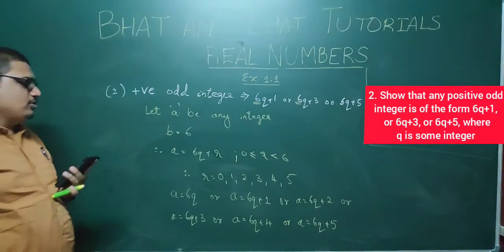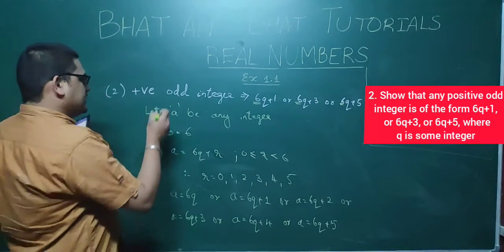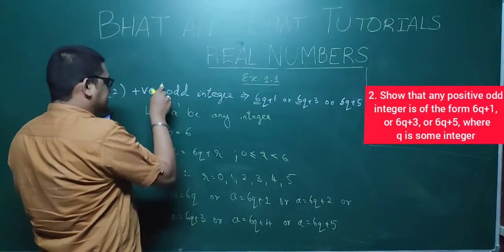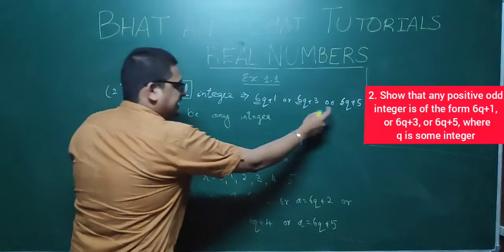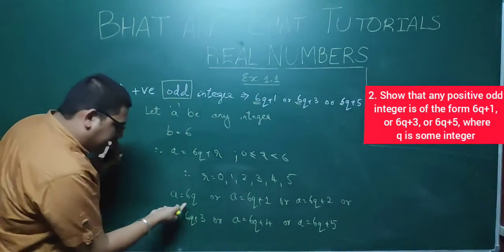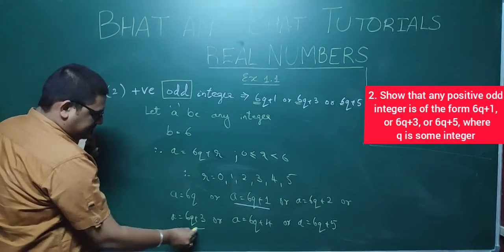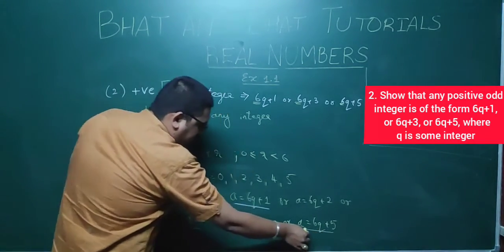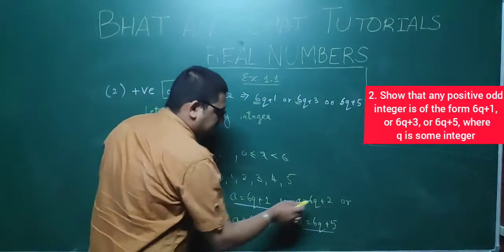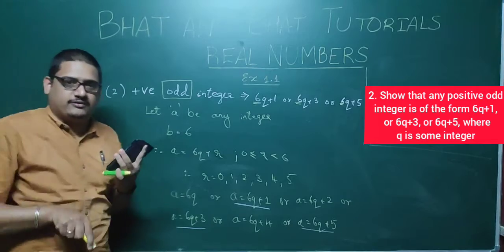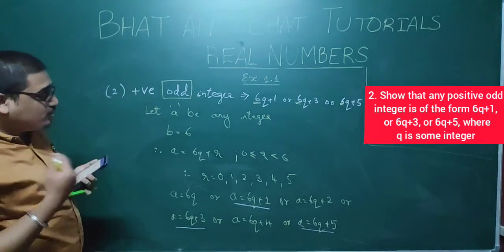Here now I should try to limit and remove which are not applicable to my question. It says positive odd integer. And my 3 given expressions find place here. Where is that? See, 6q plus 1 is present here, 6q plus 3 is also present, 6q plus 5 is also present. Now I should try to eliminate the other 3. How do I eliminate? I cannot simply cross off. I should give proper reasoning for why I am crossing off. So how do I do this?